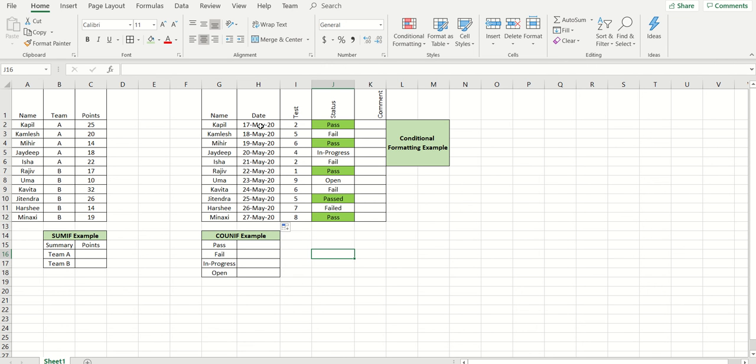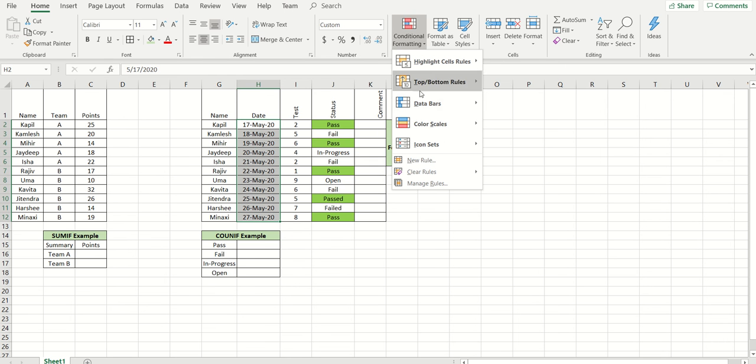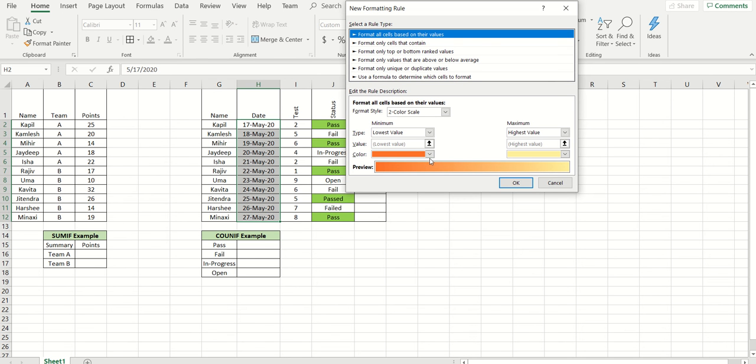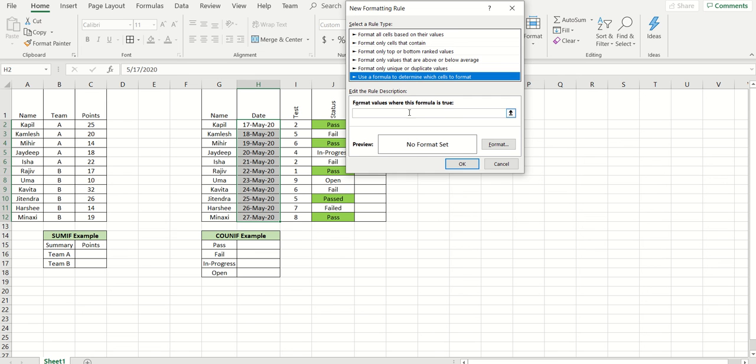To do that, I just need to select this range. Again, I will go to conditional formatting, then New Rule, and then Use a formula. I need to use the formula WEEKDAY. I will give the H, because H is the column, and I will use 2, and I will give above 5.